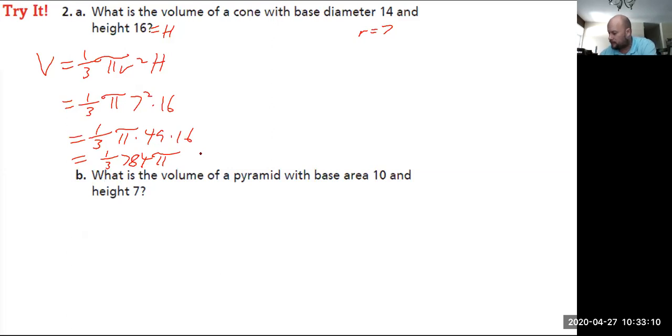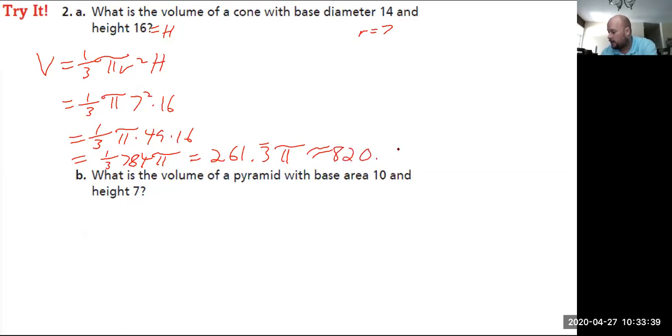1/3 of that, so divide by 3. You get 261.3 continuous times pi. Now that's not really an exact value because we're rounding that. If you wanted to leave it as a decimal, multiply out the 3.14. And again, depending on what you use for pi, you might get different answers